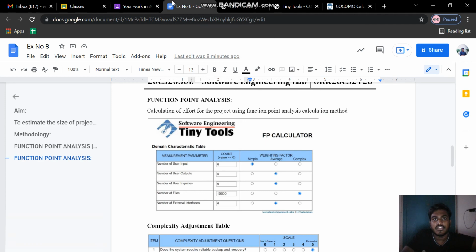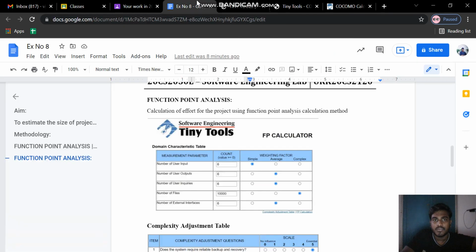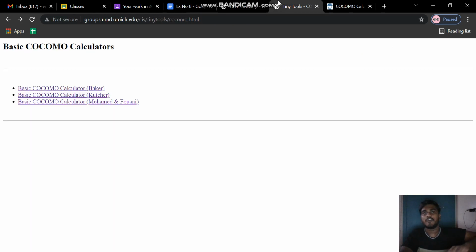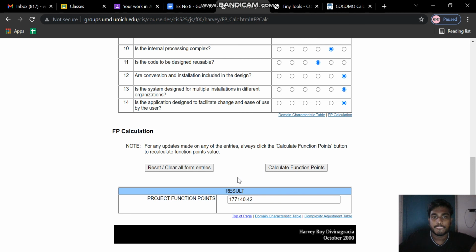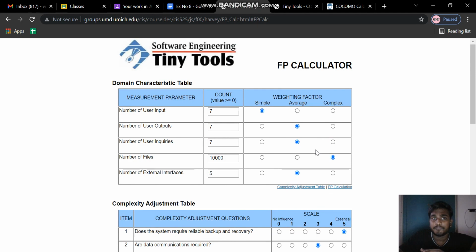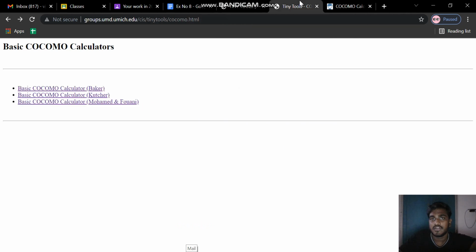You can see the FP calculation here. Now see here, always click function point. It calculates based on adding the points used by the domain characteristic table. So our FP calculation is over.